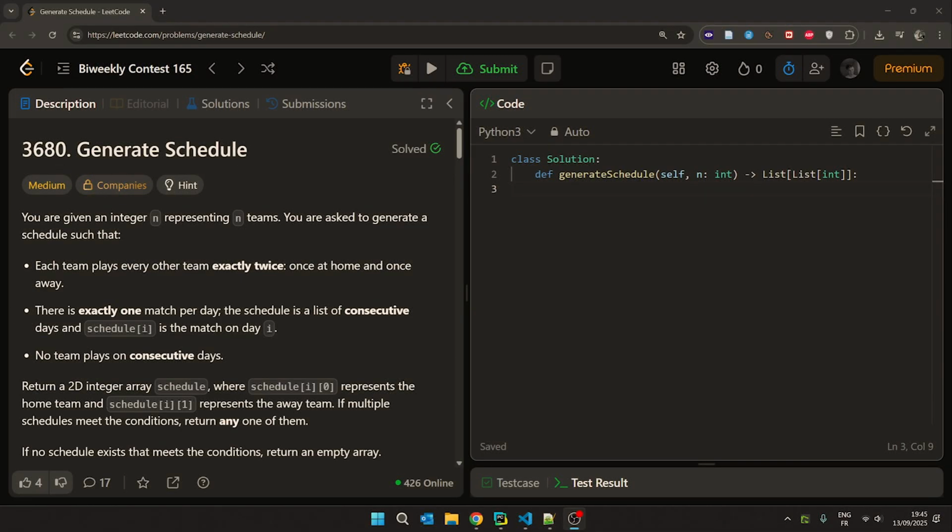Hello, let's solve problem number 3680, which is named General Schedule. So we've got n teams, and we have to generate a schedule such that every team plays every other team